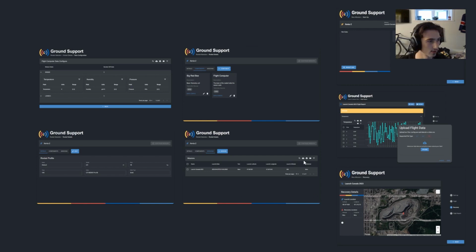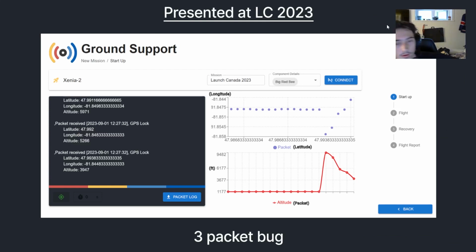So here's the current state of ground support. In the future, there's going to be a lot more going on here, but I'll get into that later. All right, I'll have this presentation linked so people can click on the links in it. But here is what happened at Launch Canada 2023. I presented this project, ground support,